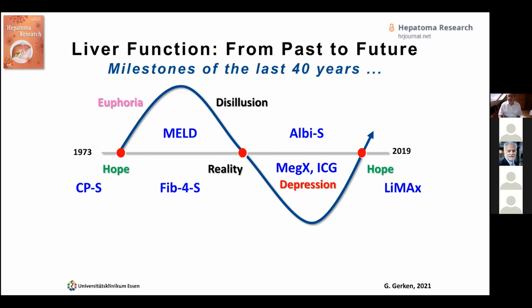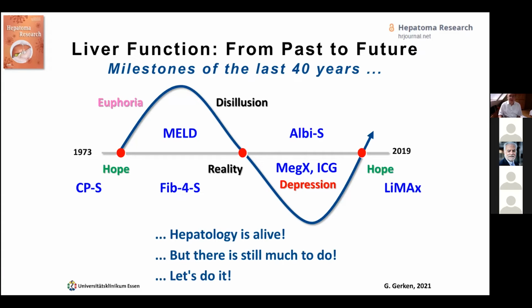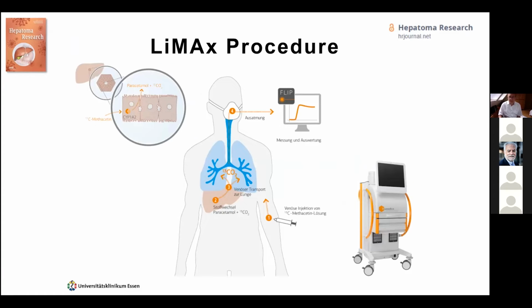and now we have a new hope that we have new markers to measure liver function, like the LiMAx. This is a maximum capacity of markers, which I will explain to you a little bit more now. So hepatology is still alive, and we still have a lot of things to do. The new marker and the new assay for semi-quantitative measurement of liver function is the LiMAx procedure,